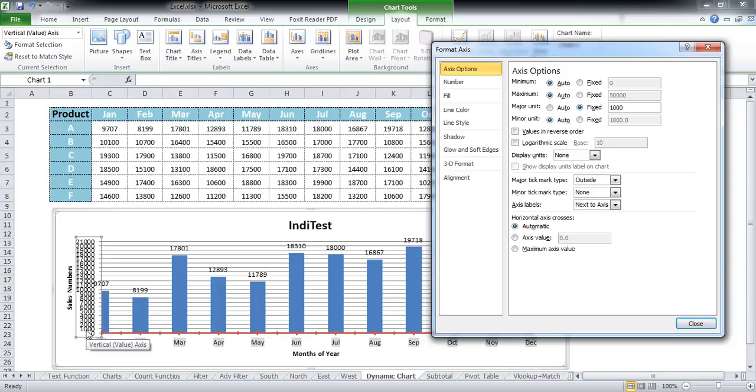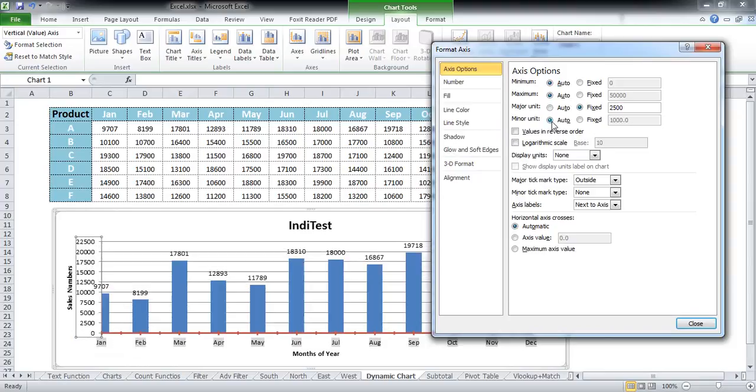and you can see it is 0, 1000, 2000. And if I were to change this to 2500, say, you can see it is 0, 2500, 5000, 7500, and so on. The minor unit also has to deal with the bifurcations between individual ones of these. And let's see if we would change it to say 1500 in this.